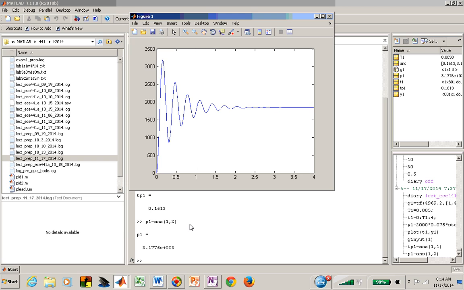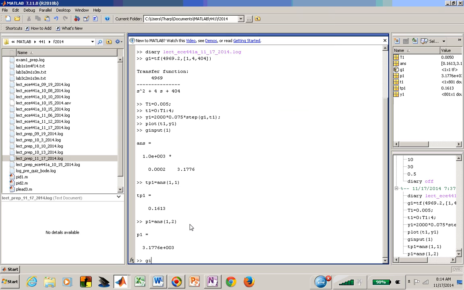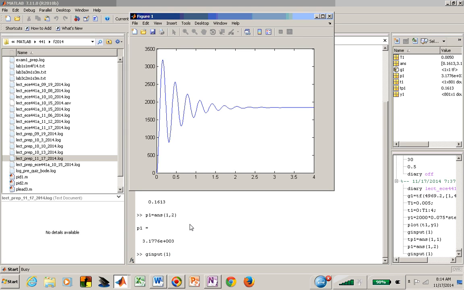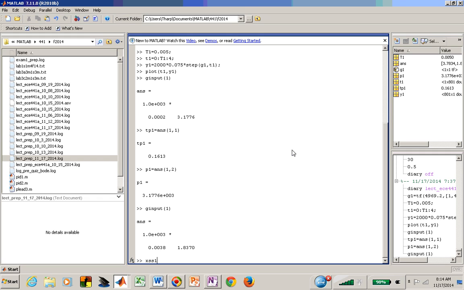Maybe a little bit more than 2, 2.5 maybe is a reasonable settling time for that system. And we could do the same technique. We could get another graphical input, just one. That's what that one is for. And let me just see where I ended up in terms of my steady state value, and my X steady state of this open loop system